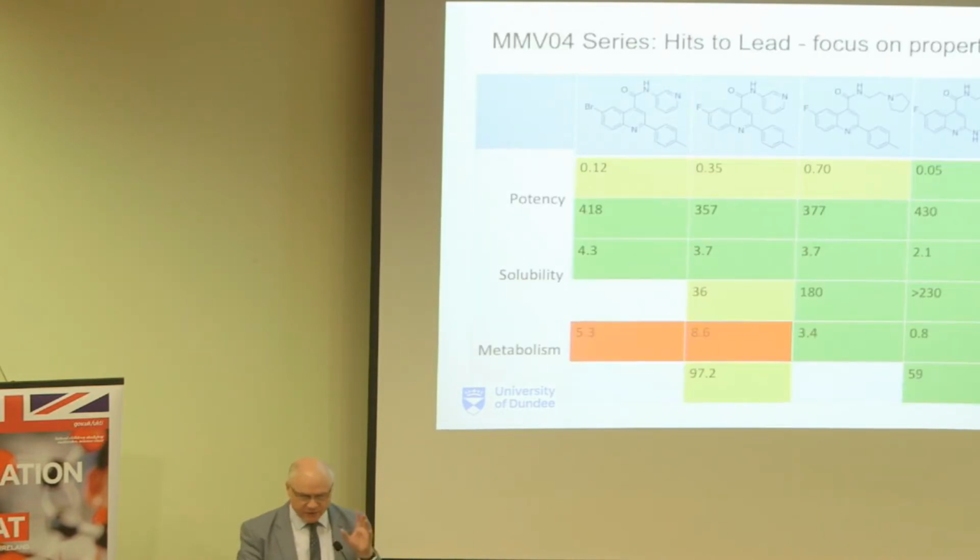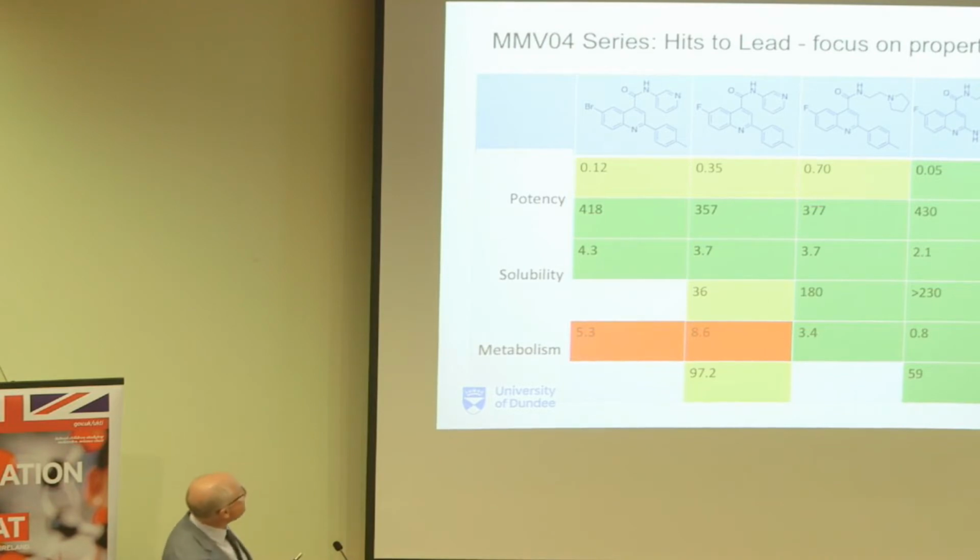So let me just give you the only sort of chemistry, sort of scientific set of slides that I'm going to show you. How did we get to this drug candidate for malaria? Well, when we screened that original set of 5,000 compounds, one of the ones that came up as a hit, killed the parasite, was this one. And the final compound that's going to go into human beings in July is this one. You see, they're very similar. But down here, you have different parameters, a couple of parameters that talk about potency, a couple of parameters to do with solubility, a couple of parameters to do with drug metabolism. Green is good, red is bad, orange is somewhere in between.